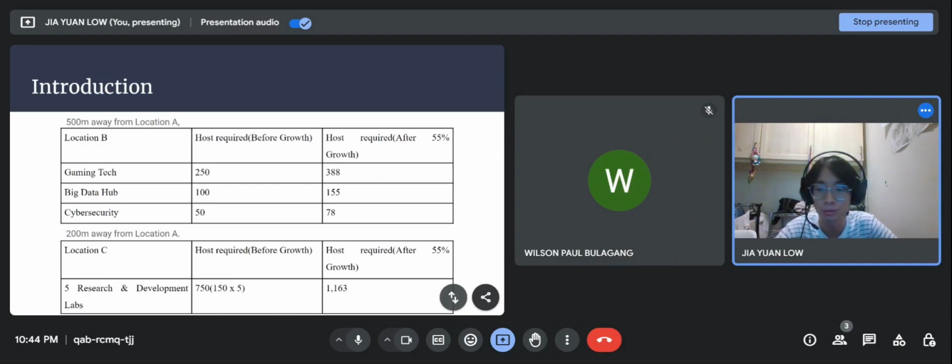Coming up, we have location C, 200 meters away from location A, and we have 5 research and development labs under the same subnet. So the host is going to be 150 times 5 equals to 750. And after the 55% growth, it is going to be increased until